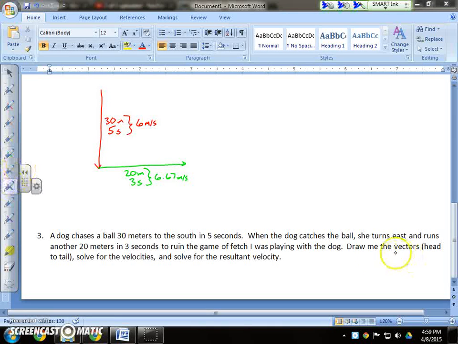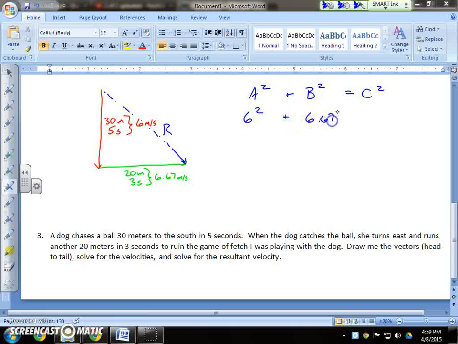And essentially what we've got to do: draw the vectors head to tail, did that; solve for the velocities, did that; and solve for the resultant velocity. So we are going to work our way to the point that we can solve for that. And we're going to call that our resultant velocity. So again, for the final time, a squared plus b squared equals c squared. And we know that 6 squared plus